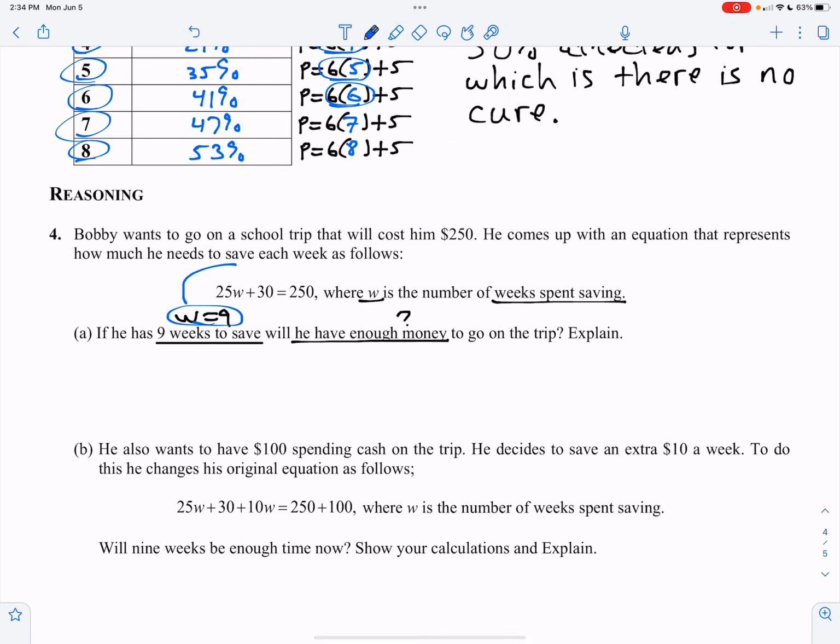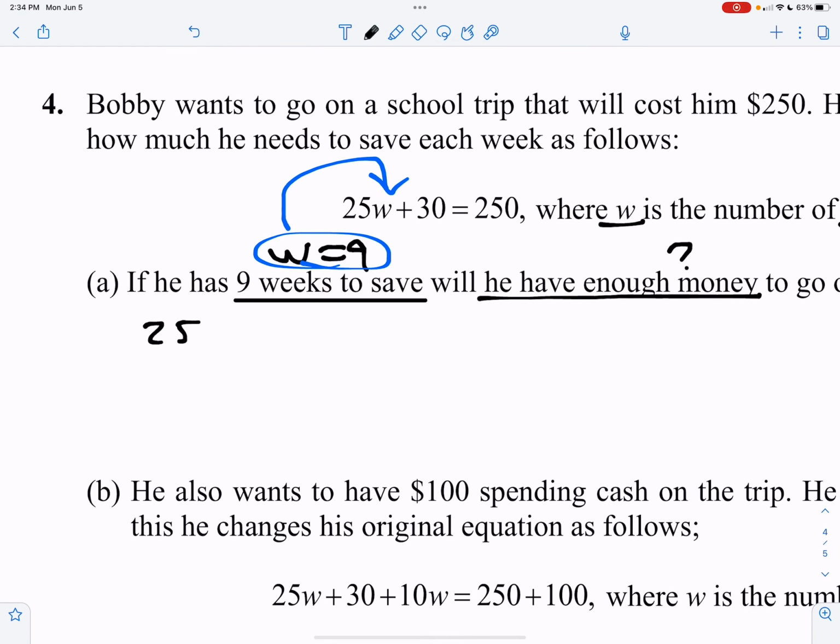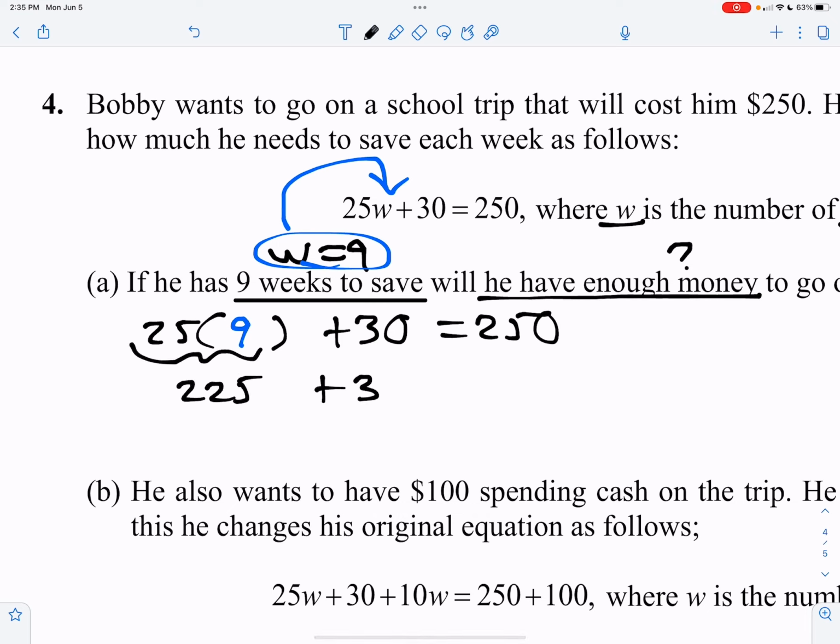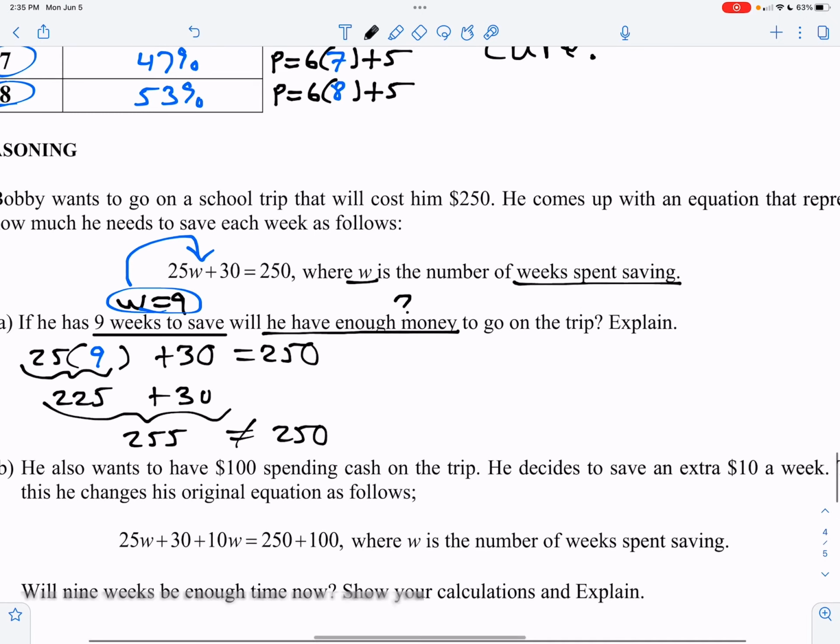Take W equals 9 and plug it in for W, and let's see what we get. 25 times 9 weeks plus the 30 equals 250. Now, when we multiply these two, we get 225 plus 30 is 255. Now, that's not the same thing as 250. So what that means is W equals 9 is not a solution, but